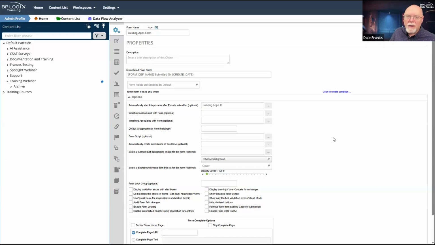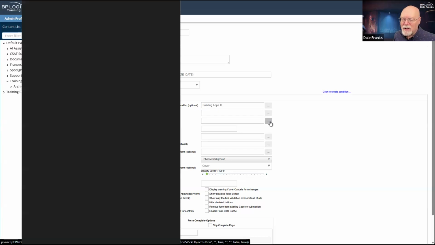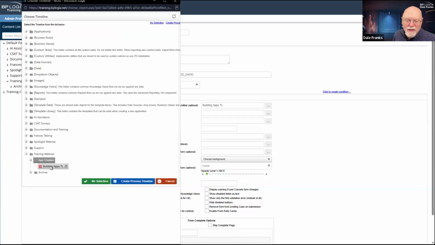And to make my life easier for building those timeline-based conditions, I also need to set timelines associated with form. Now, this does something different.